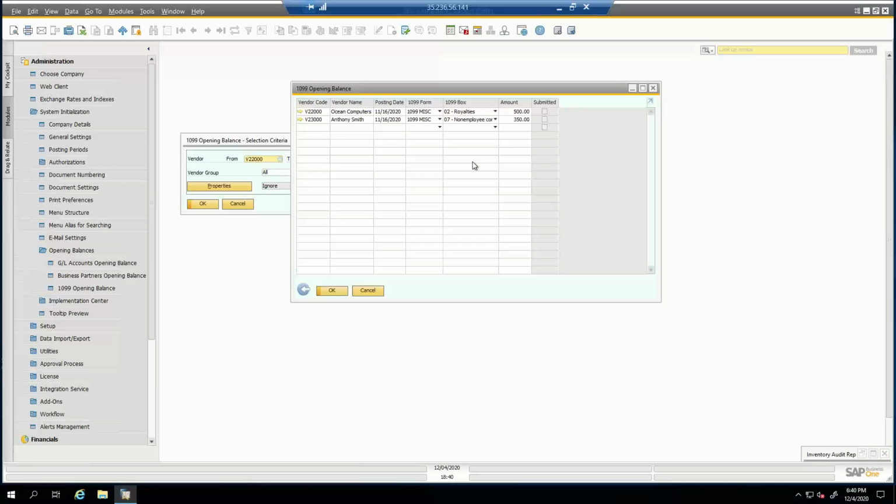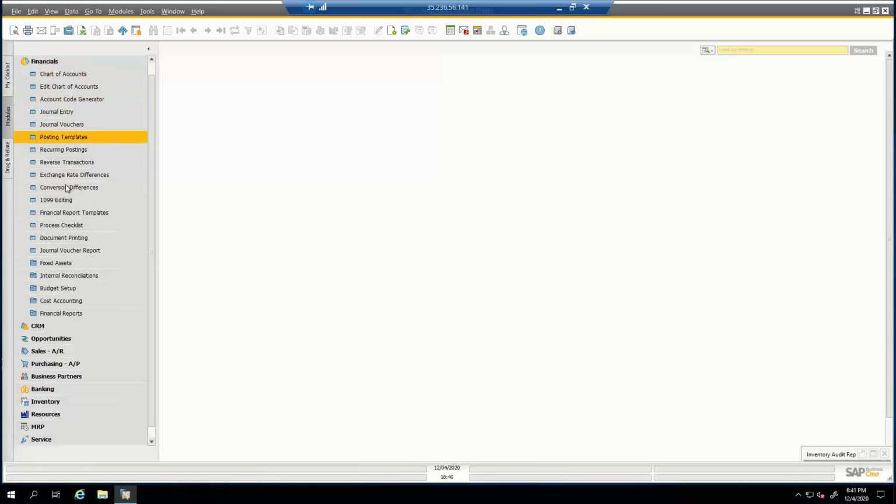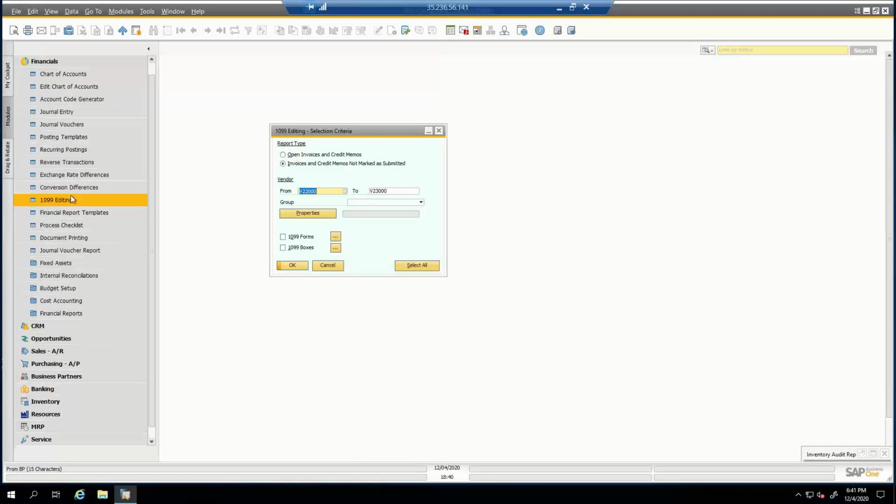So after the setup is done and your year progresses, you may need to do some amount adjustments. So if you need to do increases to any amounts for your vendors, the only way to do it is really here through this opening balances function. If you need to decrease an amount, you can actually do so in something called the 1099 editing. So I'm going to bring that up